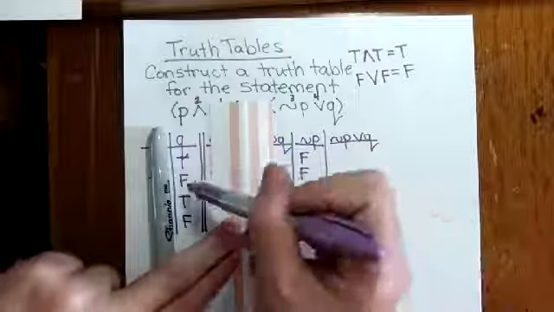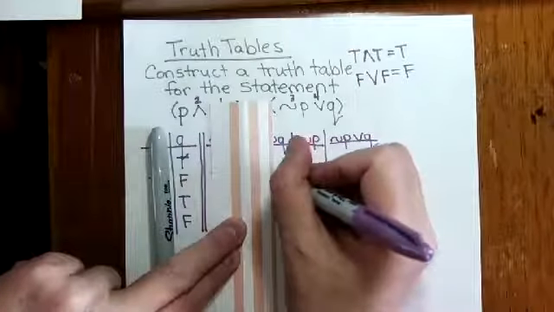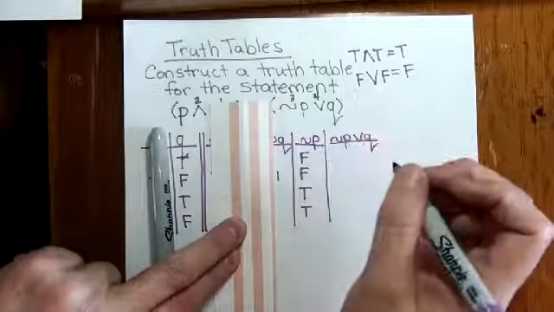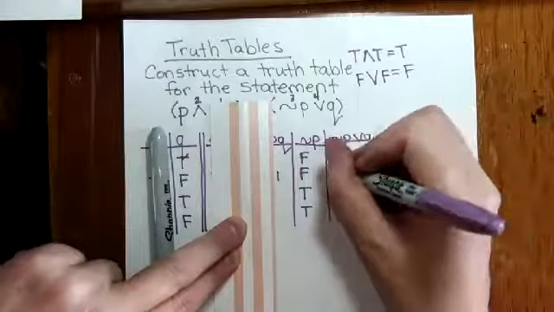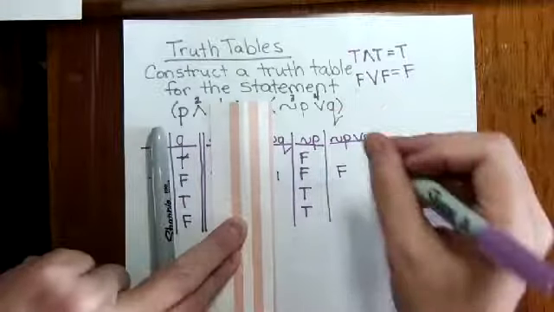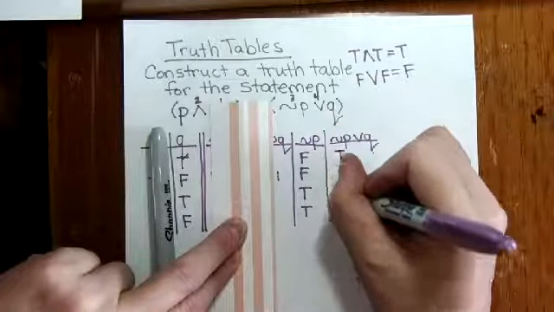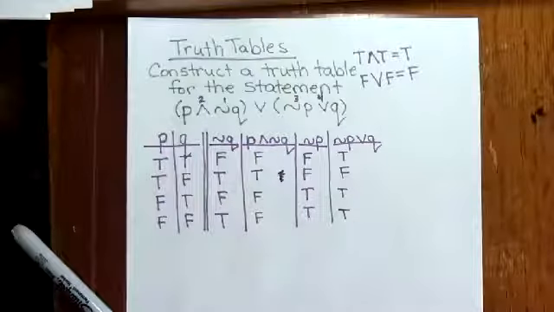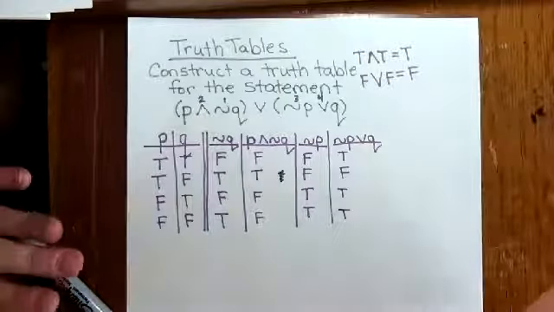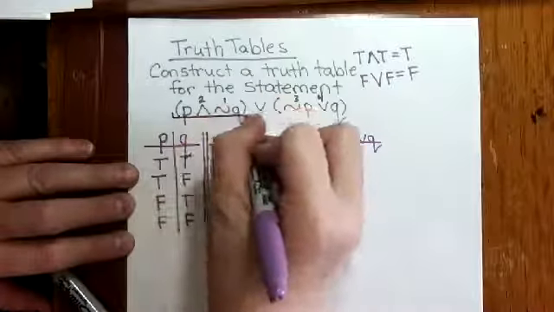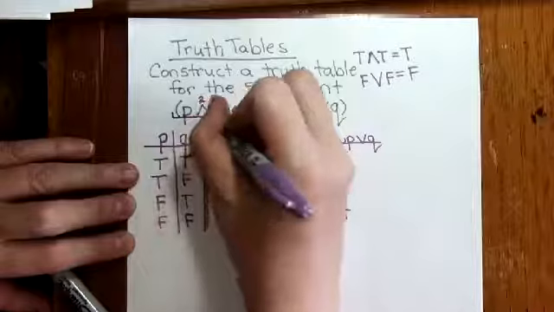Both components are false in the second row, and otherwise, true. All right, and finally what we can do is we can take the results of the left-hand side